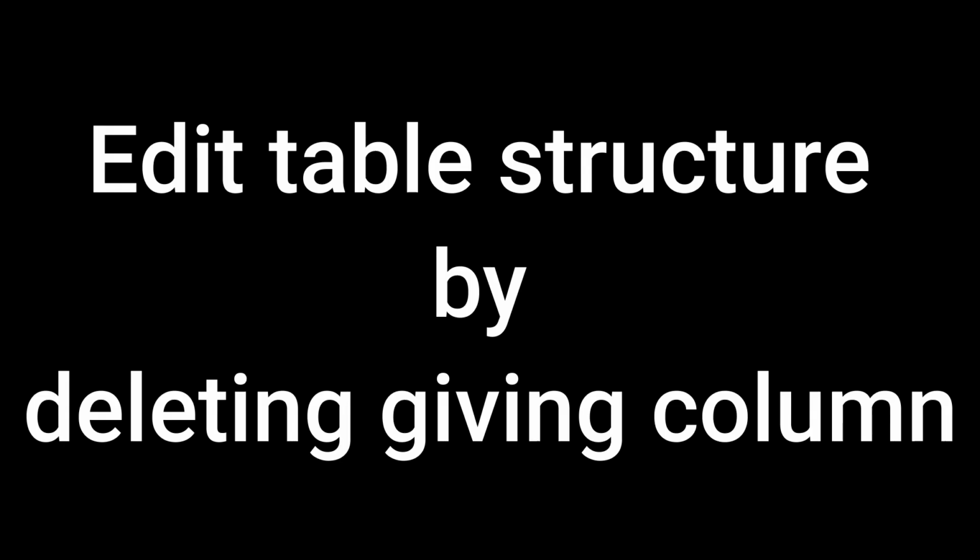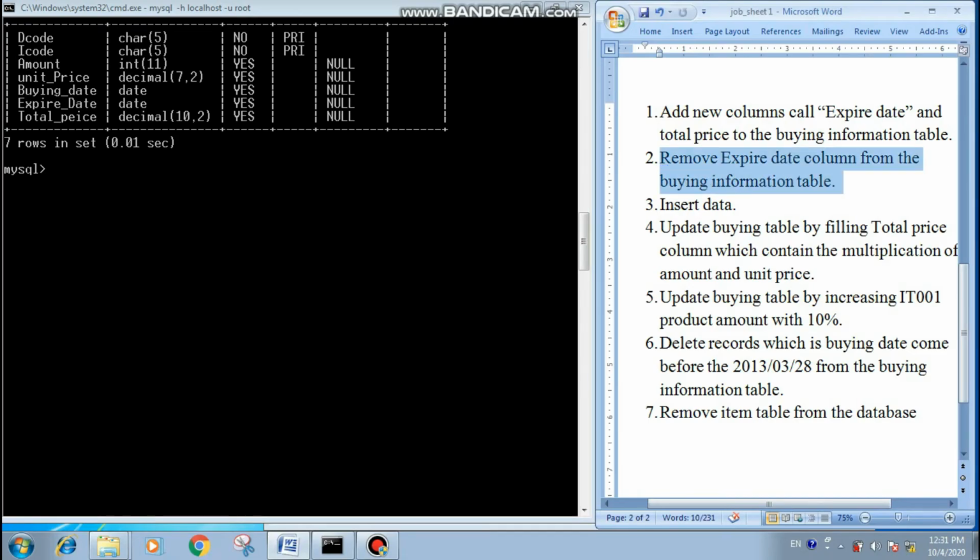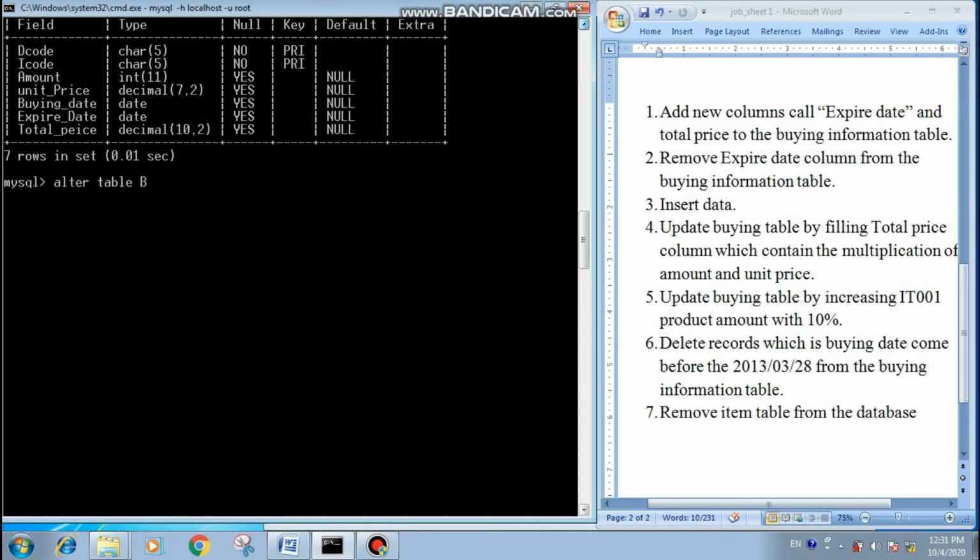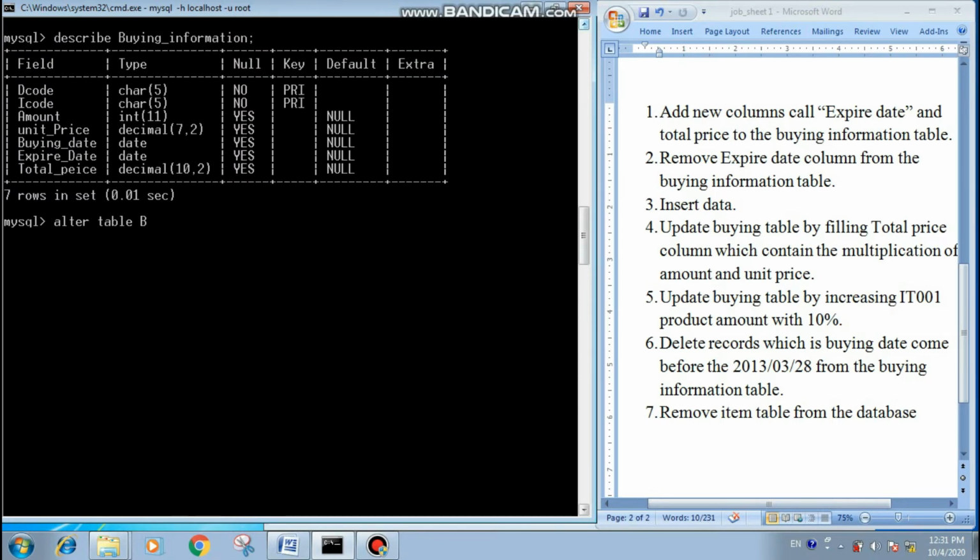Now we are going to change the table structure by deleting a given column. According to the job sheet, I am going to remove the expire date field from the table. For that I can use the drop keyword with the alter table keyword. Alter table, table name, according to my example it is buying information.